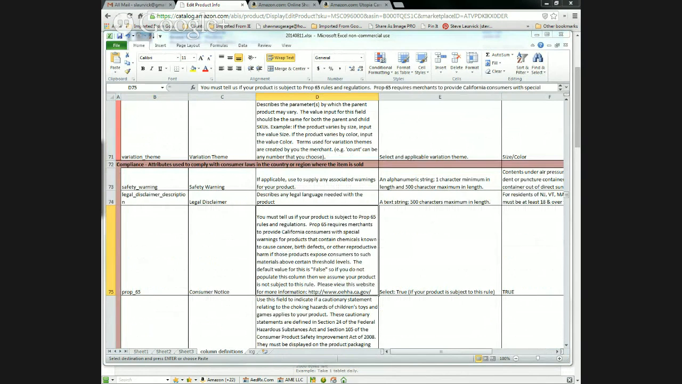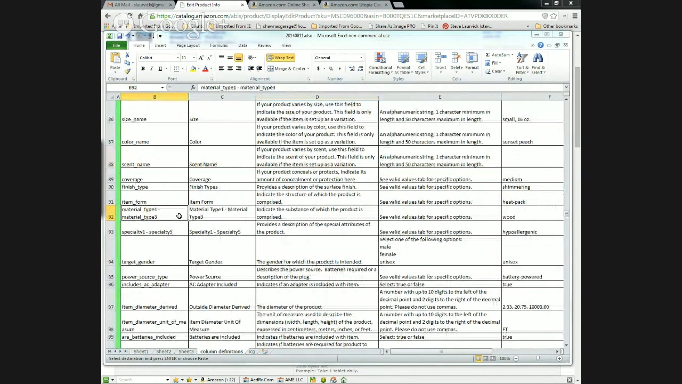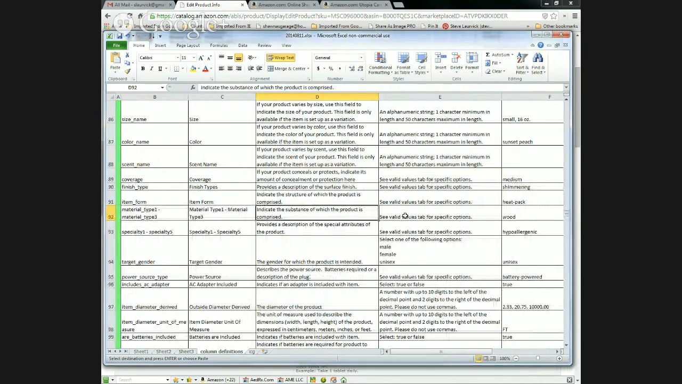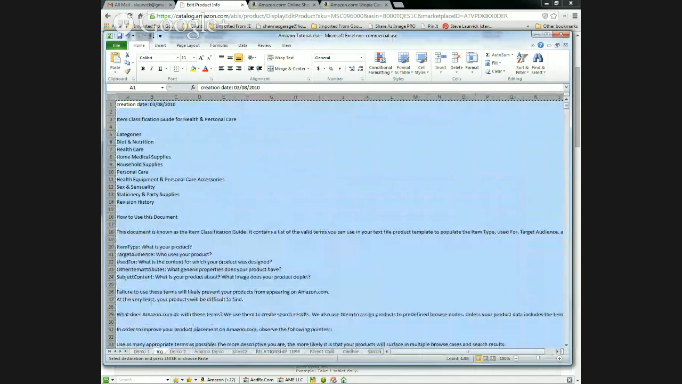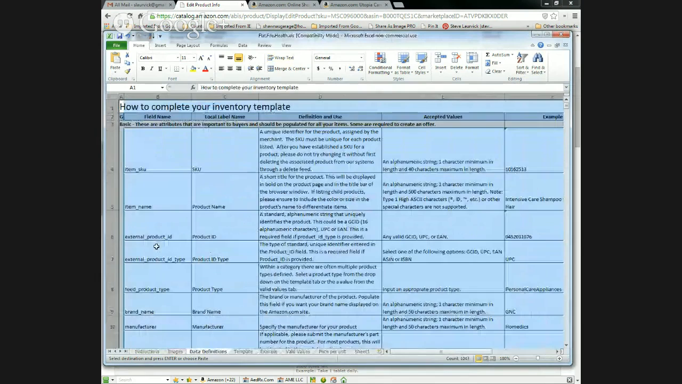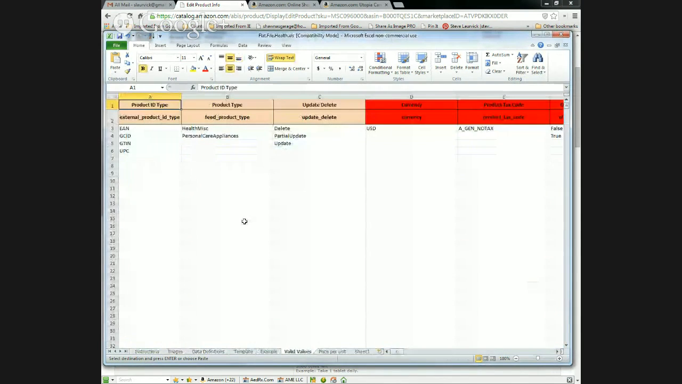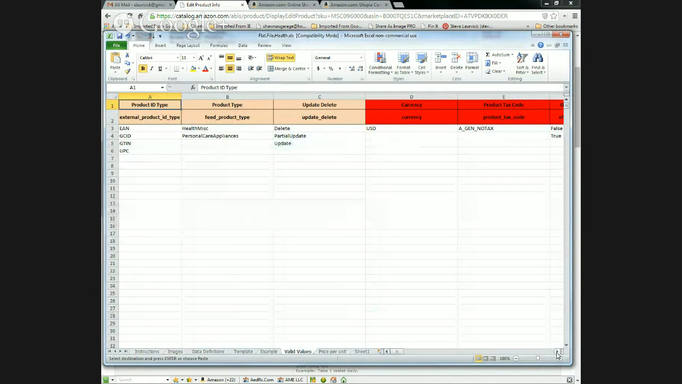Well, yeah, that's proposition stuff. Okay, material type. Well, see valid values tab for specific options. So is that another tab within their flat file? Whoops, I did the wrong one. Valid values. It is. So this is another one that's helpful, I think, because you can see right away what's valid in these